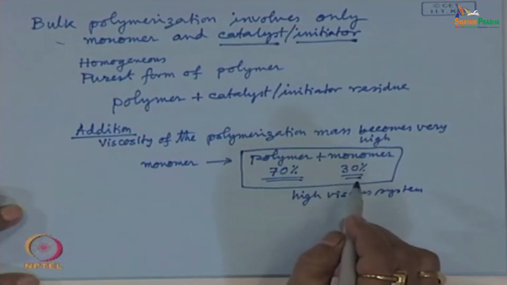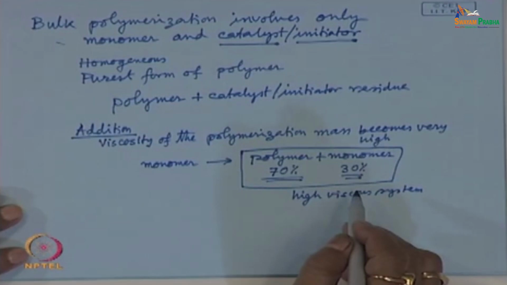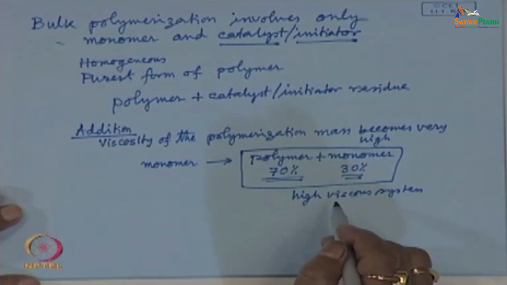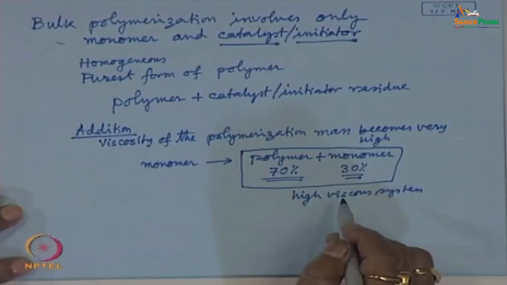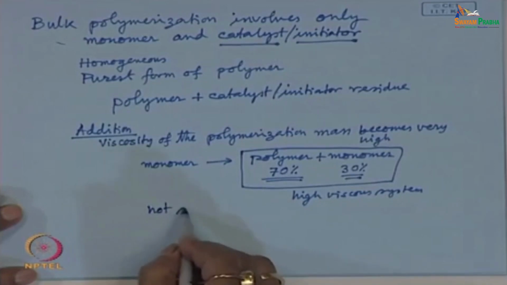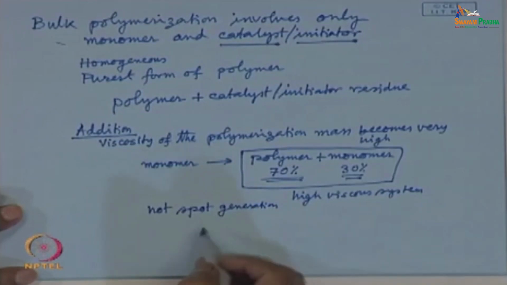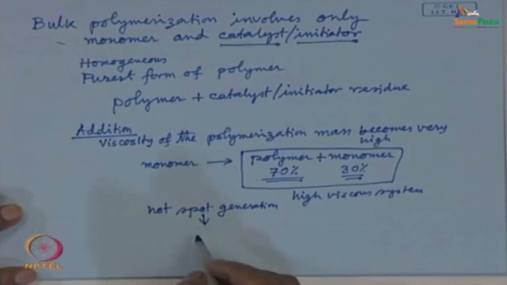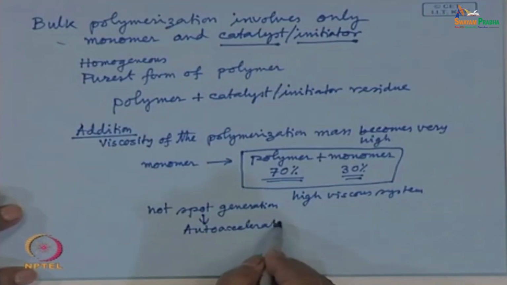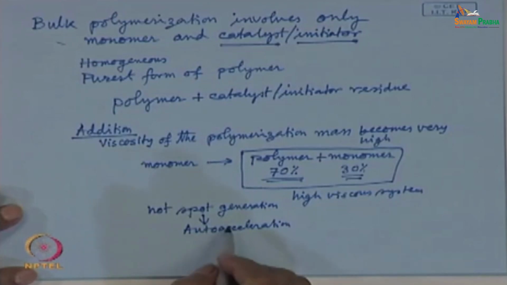With this high viscosity, it becomes very difficult to control the temperature of polymerization, because if the heat transfer system is not that efficient, there may be some hot spot generation. And this hot spot generated leads to auto acceleration, or gel effect,